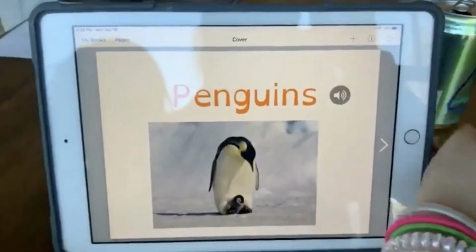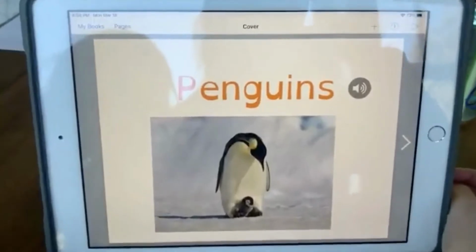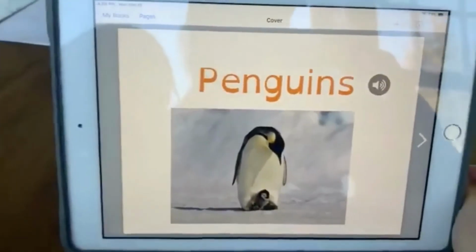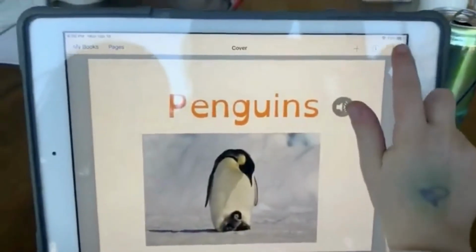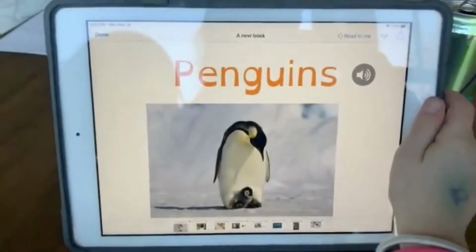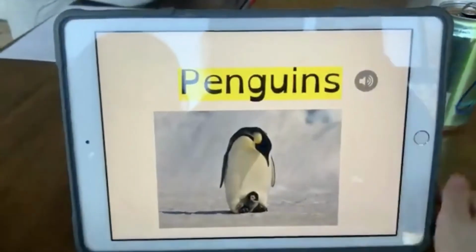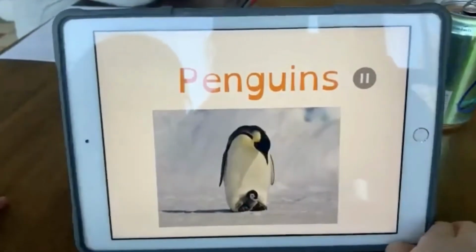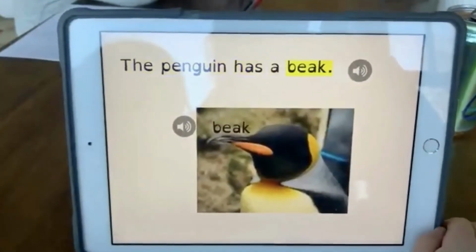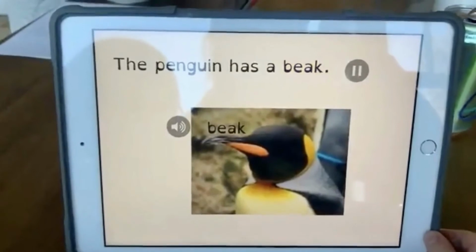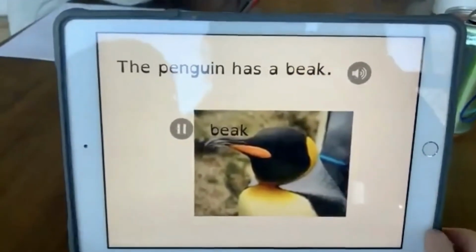I want to show one more really cool feature of Book Creator that I haven't used before, but I just discovered. Okay, go ahead and press erase. If you press the triangle in the corner, it will read it to you and highlight the text. The penguin has a beak. So robot voice and my voice.